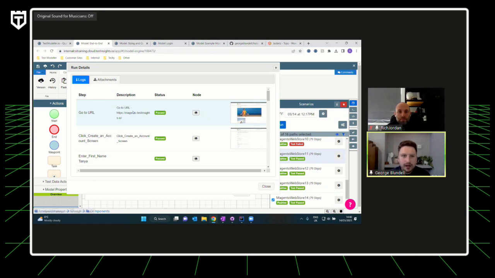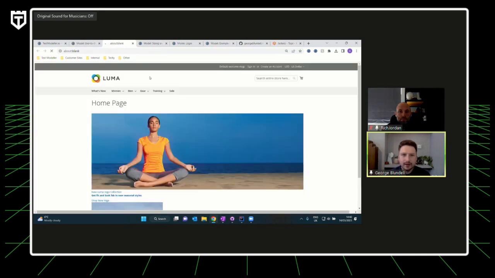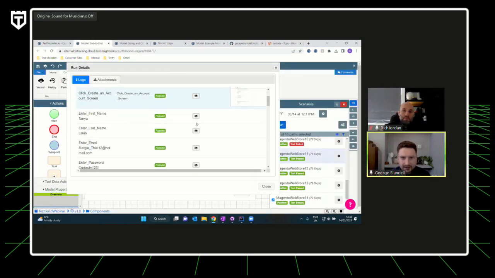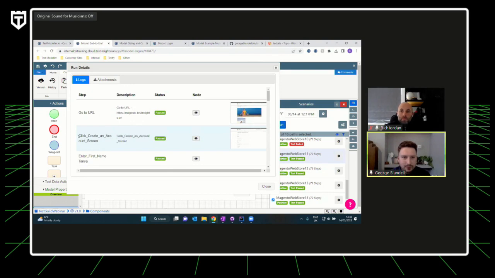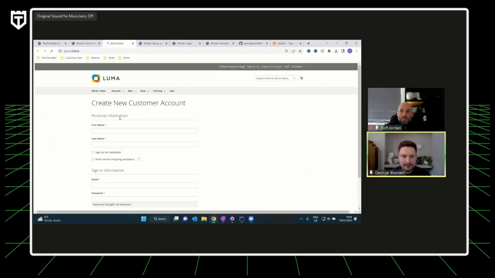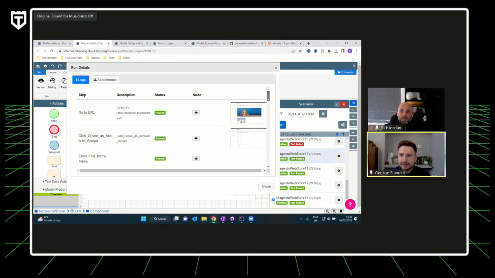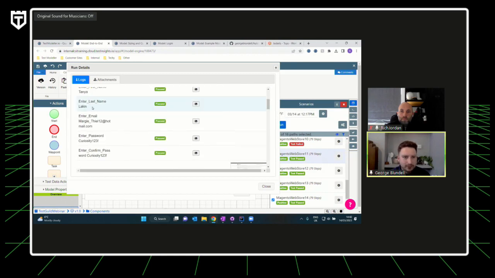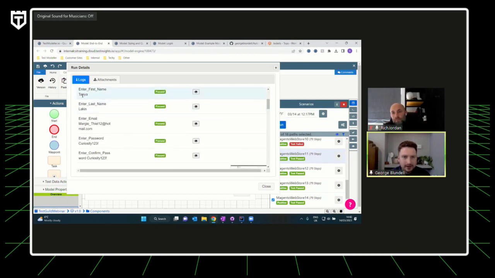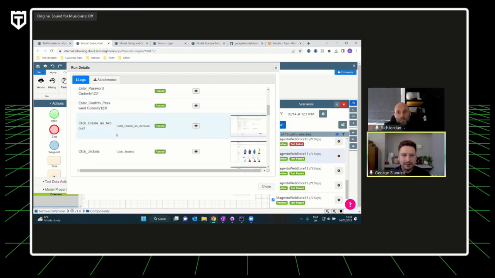For example, the first step is, okay, we're going to load the web page. Then we're clicking on our create an account screen. That takes us through to here. We go through and enter all sorts of data. These are all dynamically generated functions: first name, last name, email, for example.